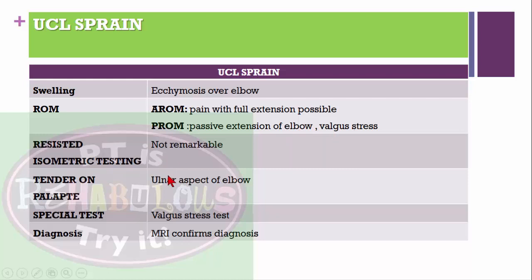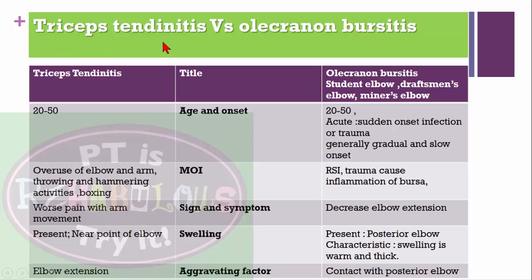Resisted isometric is not remarkable, and there is tenderness on palpation, especially on the medial aspect of the elbow, meaning the ulnar collateral ligament side. The special test like valgus stress test is positive for UCL sprain, and diagnosis is confirmed with the help of MRI. Let's learn triceps tendinitis, that is differentially diagnosed from olecranon bursitis, because